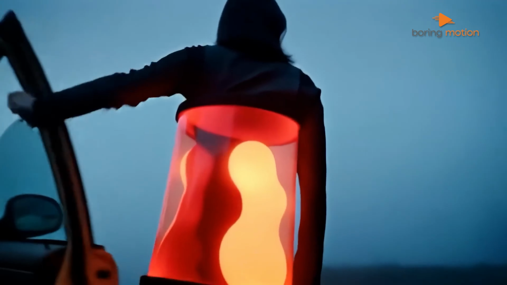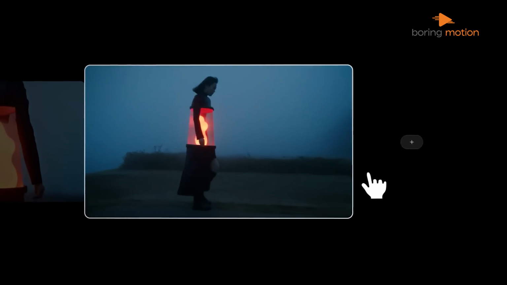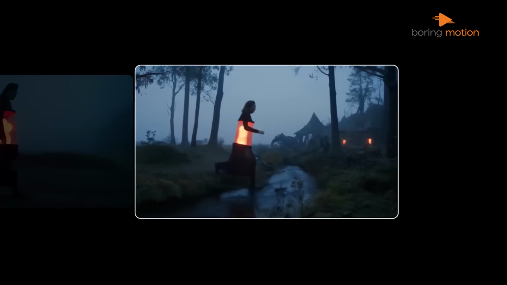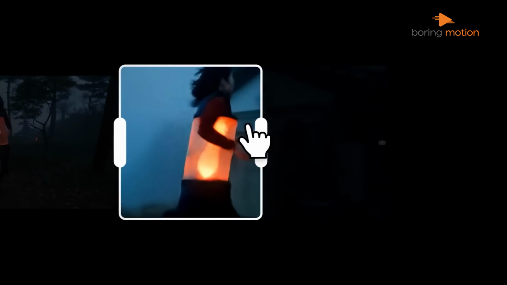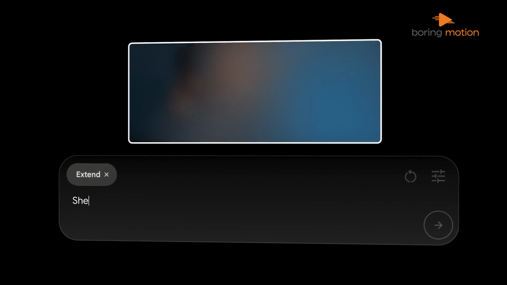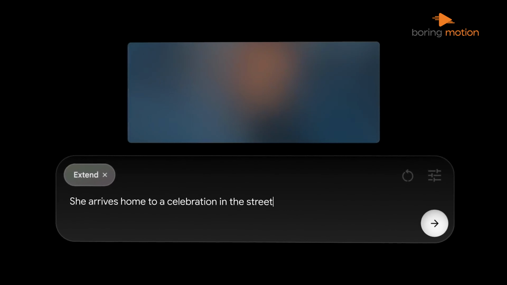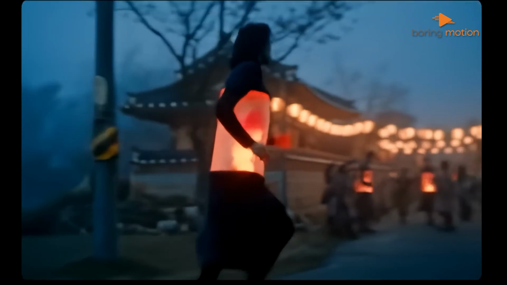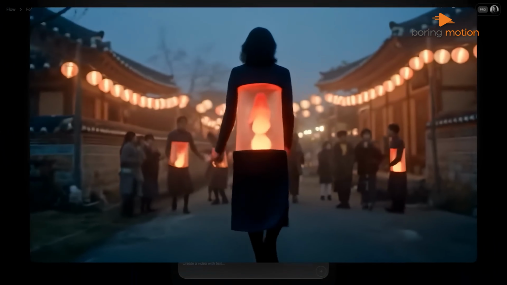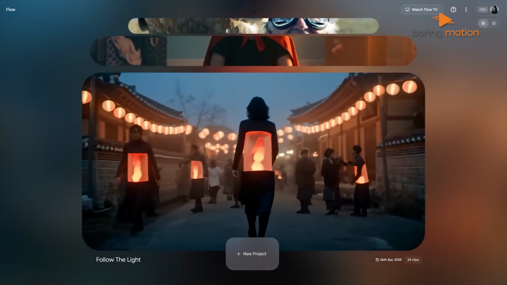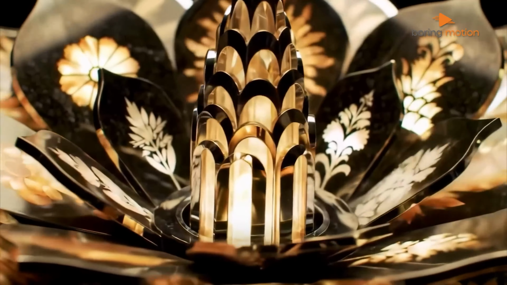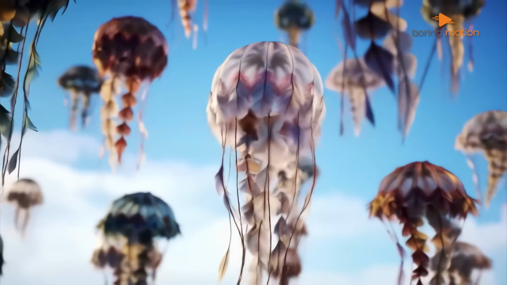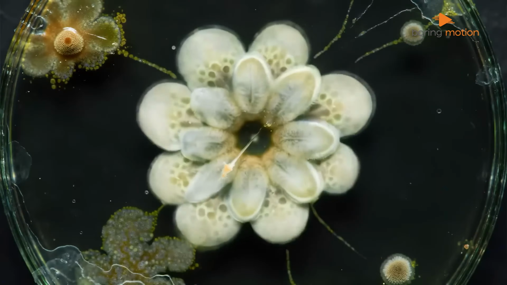Flow is built to work alongside Veo 3, and it brings everything a creator needs into one place: video generation, visual assets, editing tools, and smart text input. Instead of juggling different software for writing, visuals, and editing, you stay in one creative space. You can build an entire scene from scratch, refine it over time, and manage all your visuals, prompts, and clips together. It's built for creators who want control, flexibility, and speed.